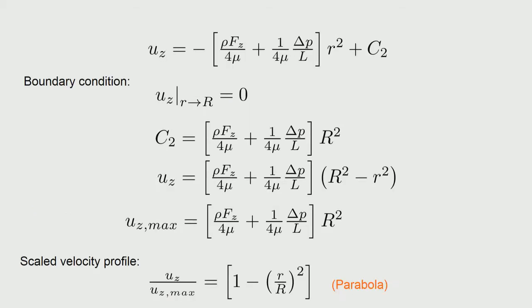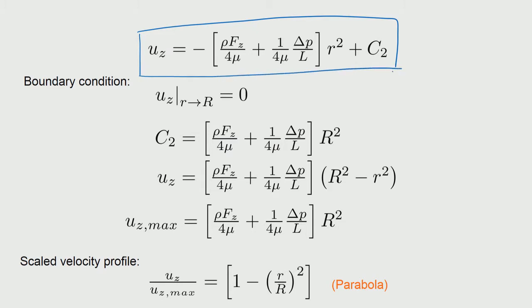So, we substitute that and integrate once more. So, we get a functional form that looks like this. This is basically the solution of the z component, or the axial velocity component, in the cylindrical coordinate system for the list of assumptions that we have mentioned. And when we apply the boundary condition that at the inner wall of this pipe you have 0 velocity because of no slip, then we can determine what is the C2.